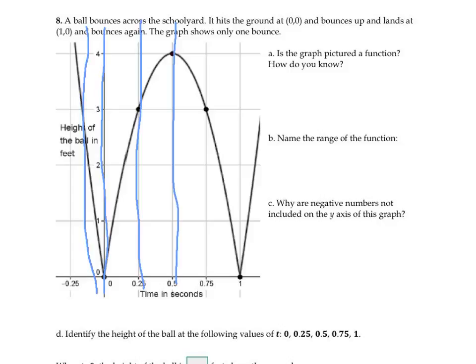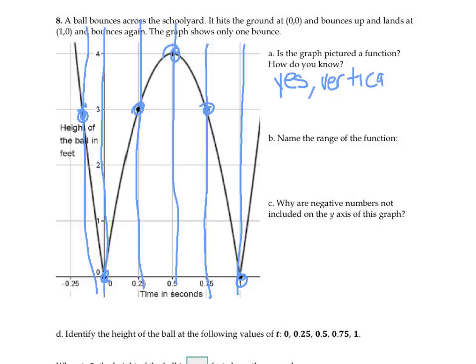And we can see, no matter where we put the vertical line, we are only hitting one point on the graph. So because we're only hitting one point for every x value, we know the graph is a function. So we can write yes,